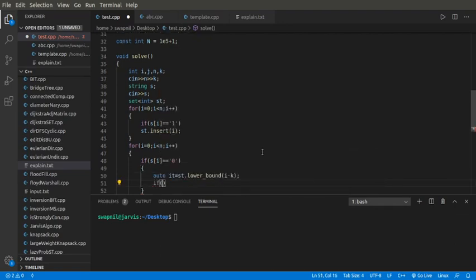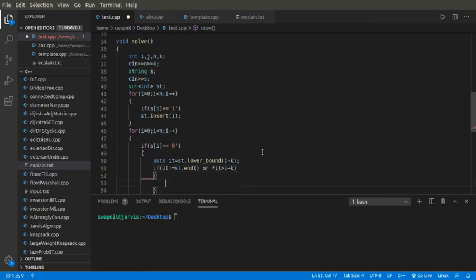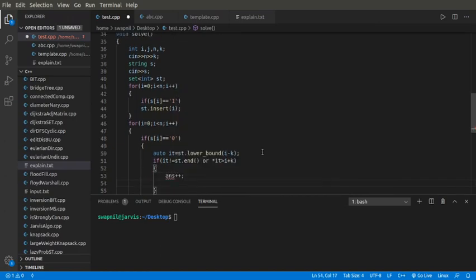Now if it doesn't contain that particular index, or if the value at that index is greater than i plus k, as shown in the explanation, then I'll increase the answer.